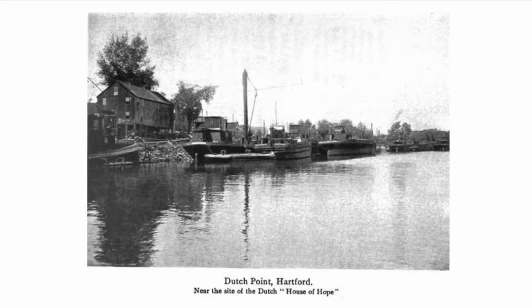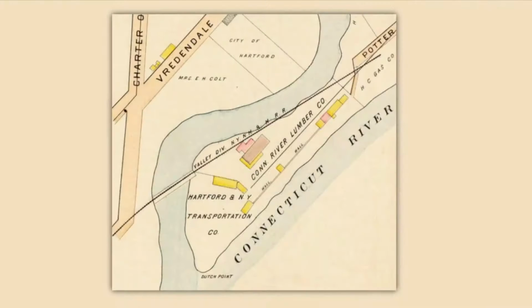The company will send no rafts of logs this year at least to New Haven. 3.5 million feet were rafted there last summer, consigned to the New Haven Steam Sawmill Company. The Hartford Company thinks it can make quite as much money cutting up the logs at its own mills as by selling them." Unquote. By about 1885, it seems that the log drives had ceased coming as far south as